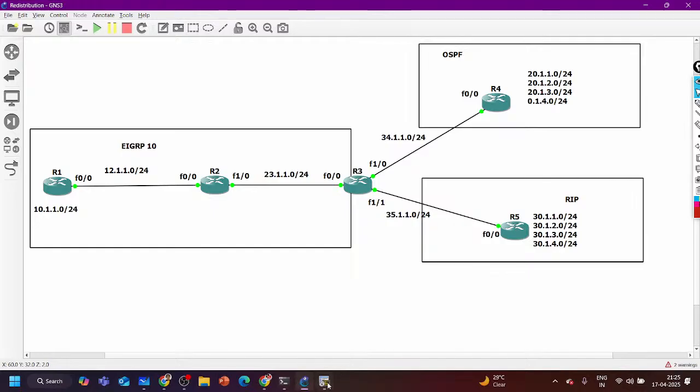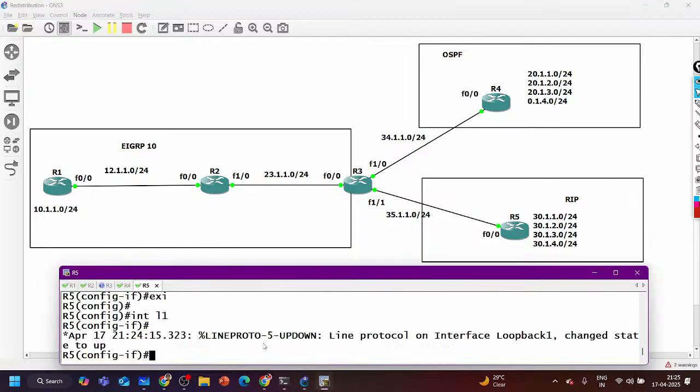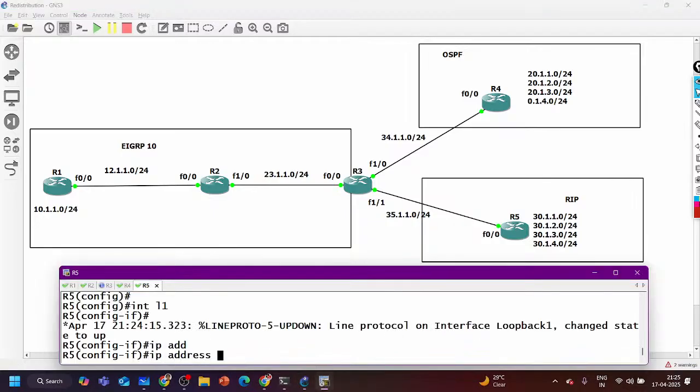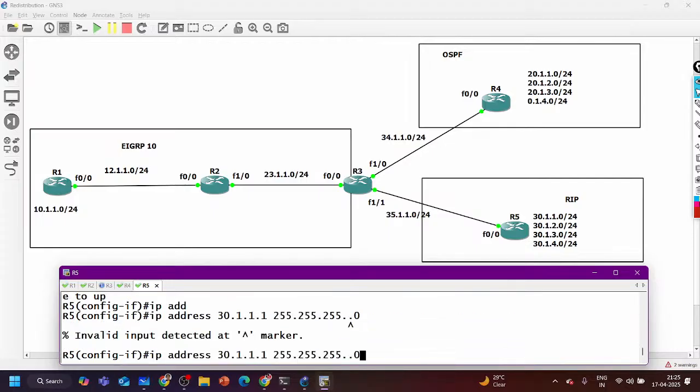Okay. Now let me create these loopbacks here. Interface loopback 1, IP address 30.1.1.1, 255.255.255.0.